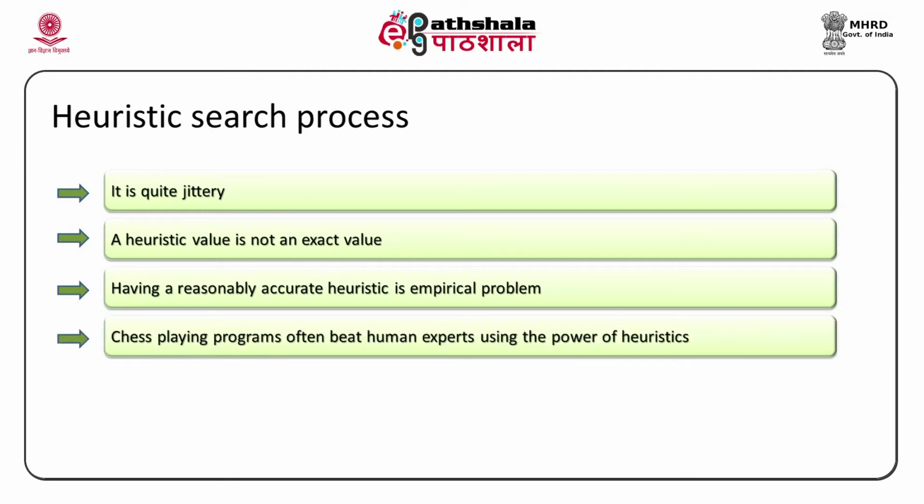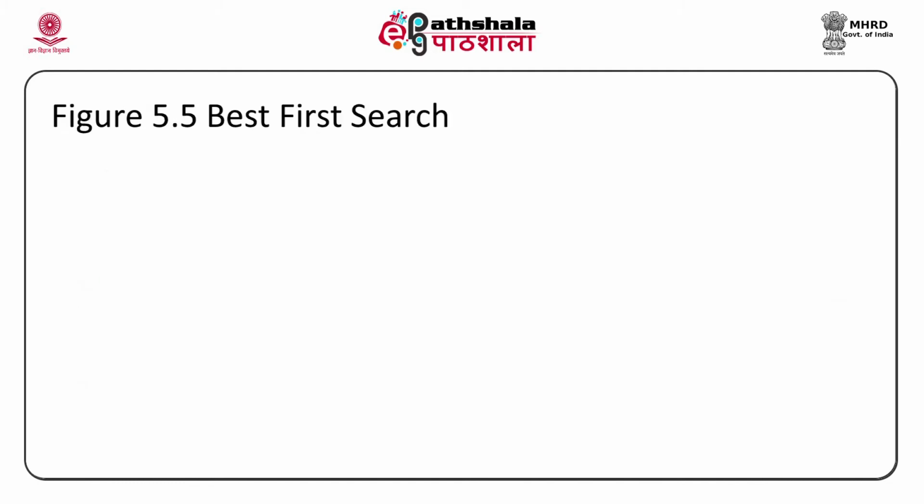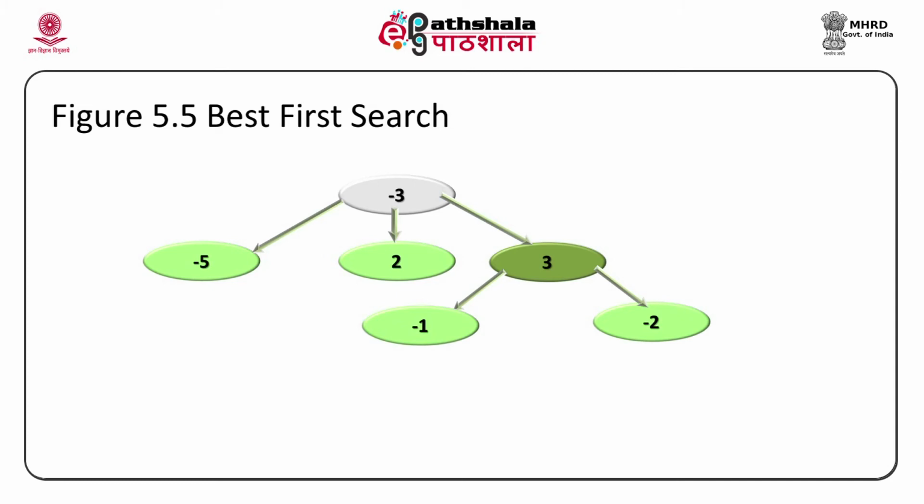I have already talked about how chess playing programs use serious heuristics, and sometimes heuristics based on the opponent. For example, the Deep Blue machine which IBM built beat Garry Kasparov 3-2, if you remember. It could do it because the chess playing programs used heuristics based on the way Garry Kasparov used to play chess.